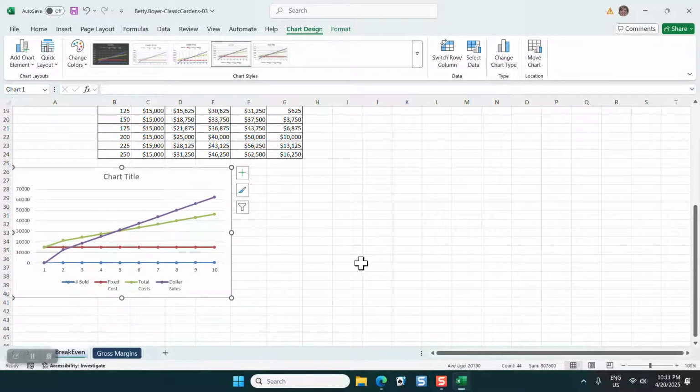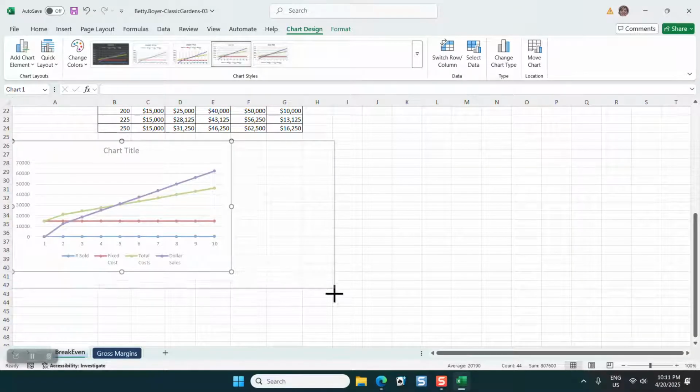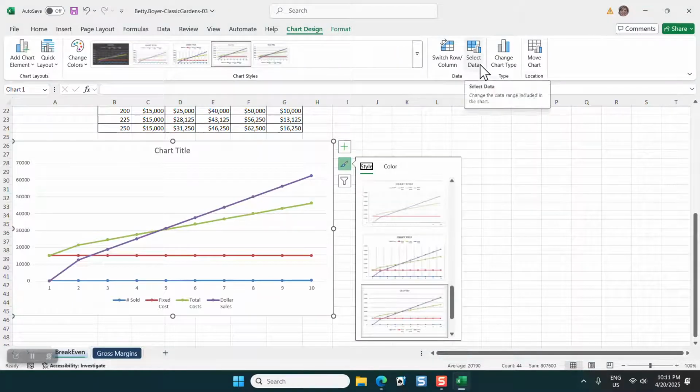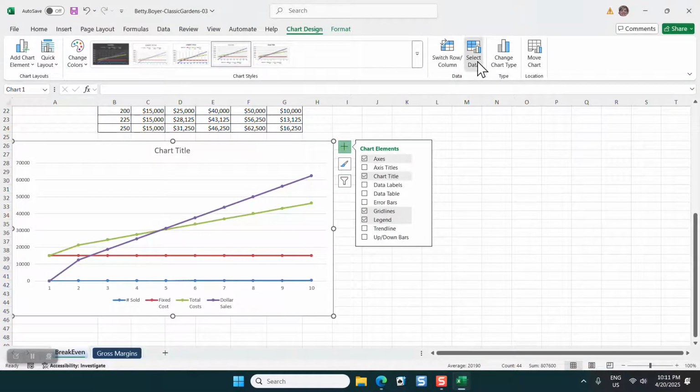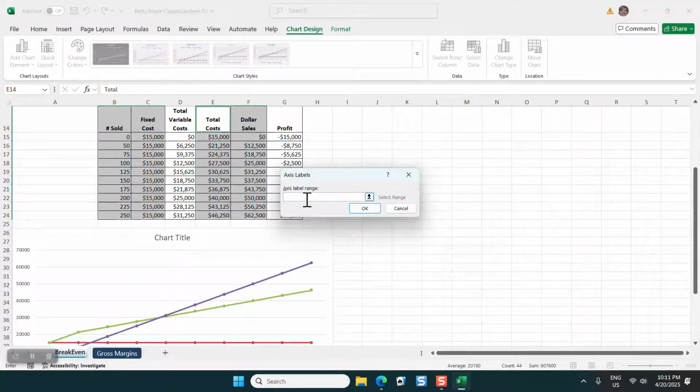And then we want to go to H45. So again, we're going to come all the way over to H, down to 45, watching to make sure we're not too short or too long. And there we go. Okay, so now we're going to edit the source data. So we have our chart selected, and then up in the chart design tab, over in the data group, we're going to do select data. Okay, so it wants us to click edit in the horizontal axis labels. That's right here. We're going to click edit, and then we are going to